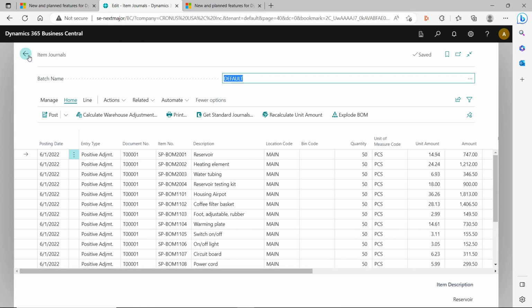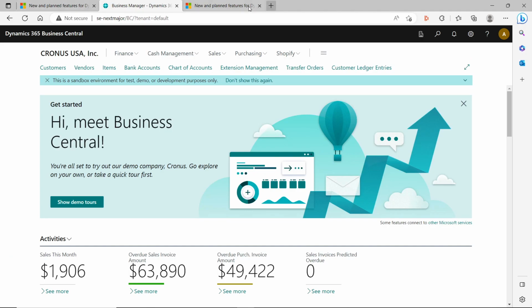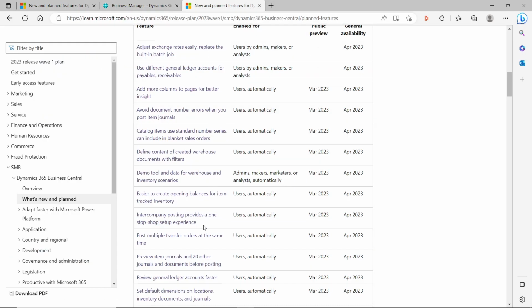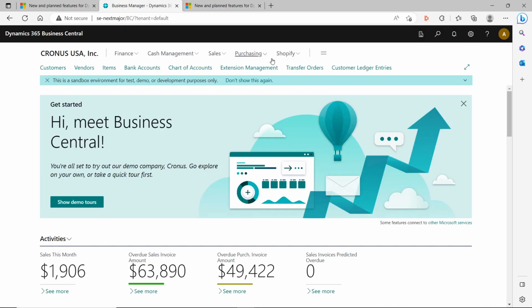So that's a really nice feature. And let's go back here. So I'm gonna skip this. Intercompany posting provides a one-stop shop setup experience because I do not have multiple companies in this environment, but I